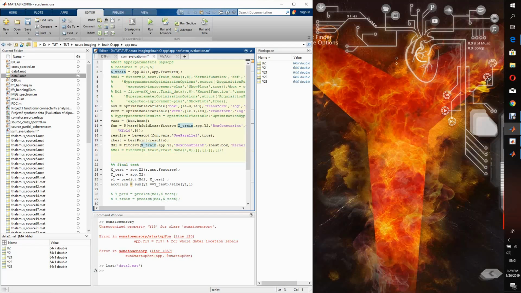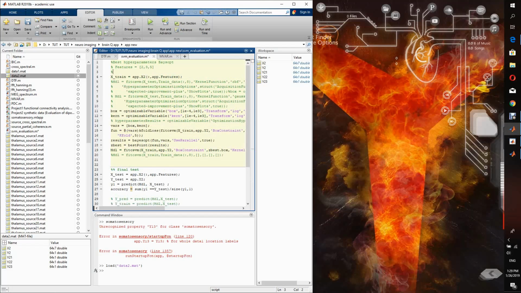So here, if we input the features manually and then set the training data as